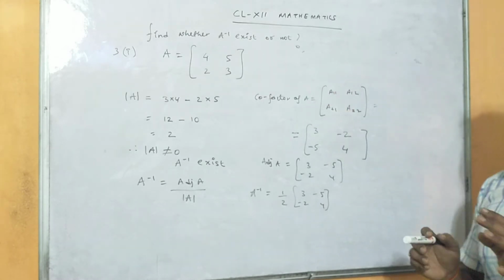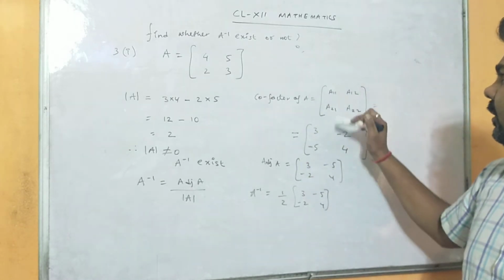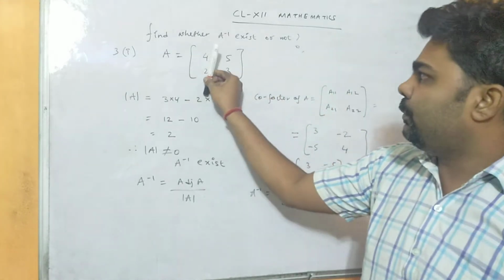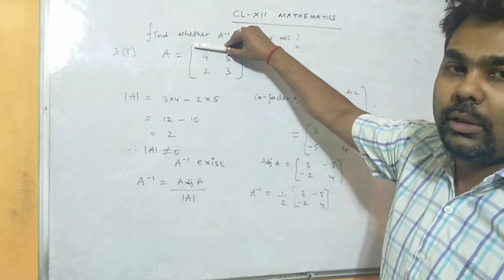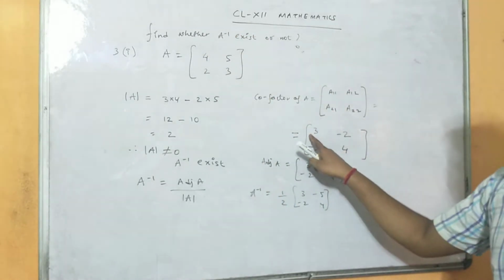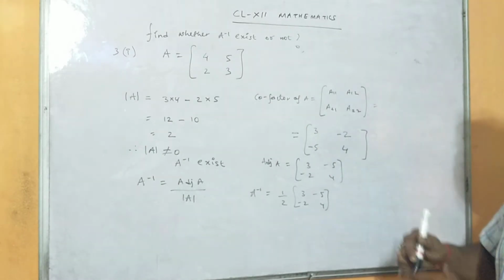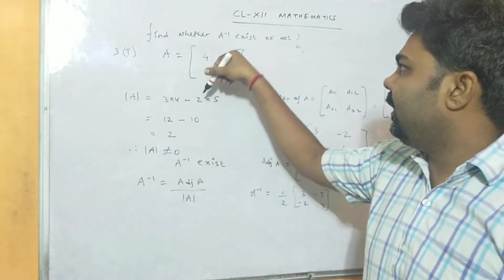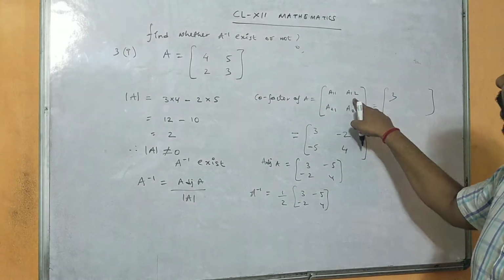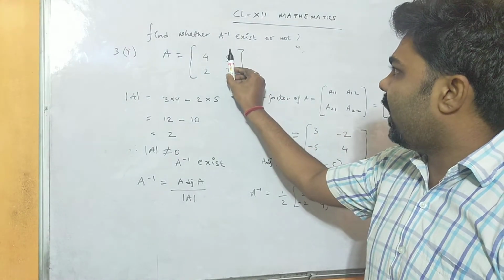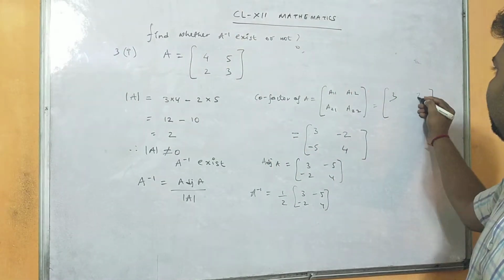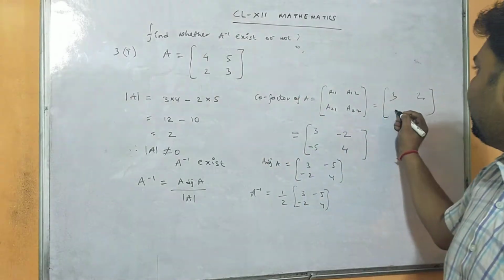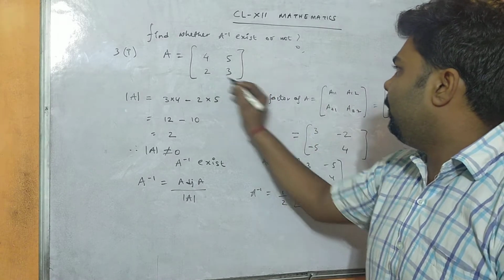In a shortcut method, we will be finding the cofactor of the given matrix. When I say A11, that means A11 is pointing to this position. We will be hiding the corresponding column and the corresponding row. And what will we get here? 3. So I have substituted 3 here. Similarly A12, let me show once more. When I hide for A11, we get 3. A12, that is for this element 5, when I hide this column and this row, we get 2. Similarly A21, for this element, when I hide the corresponding column and row, we get 5. Similarly, for 3, we get 4.